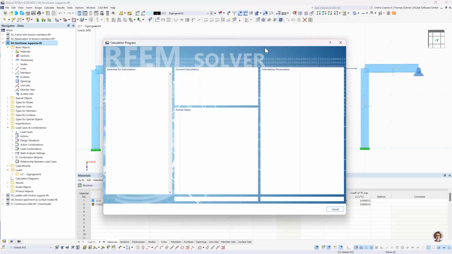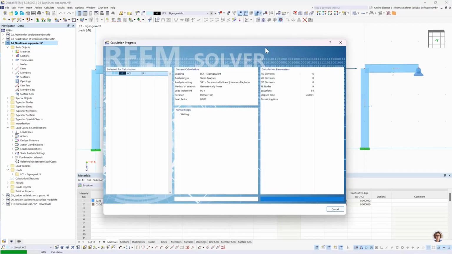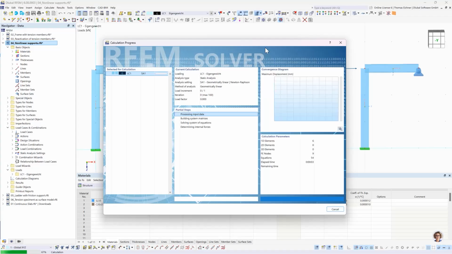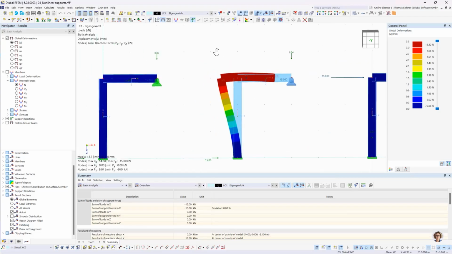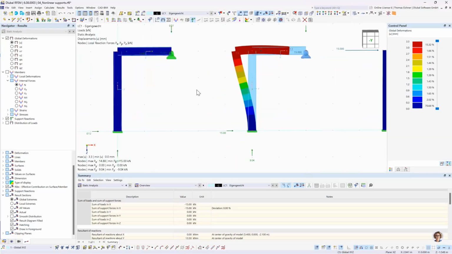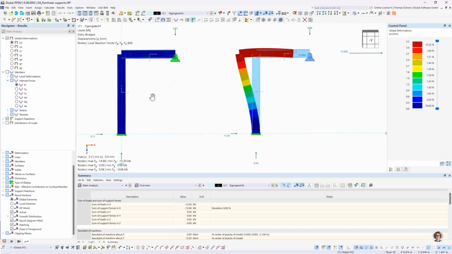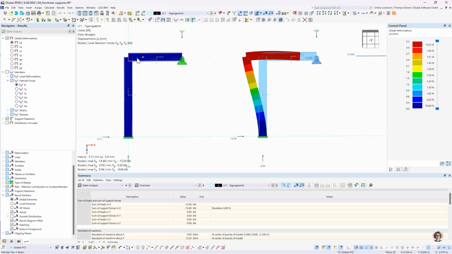Now let's look at the results. And here it is. So we can see for the first system, where we have this 15 kilonewton here, most of the force is directly taken by this